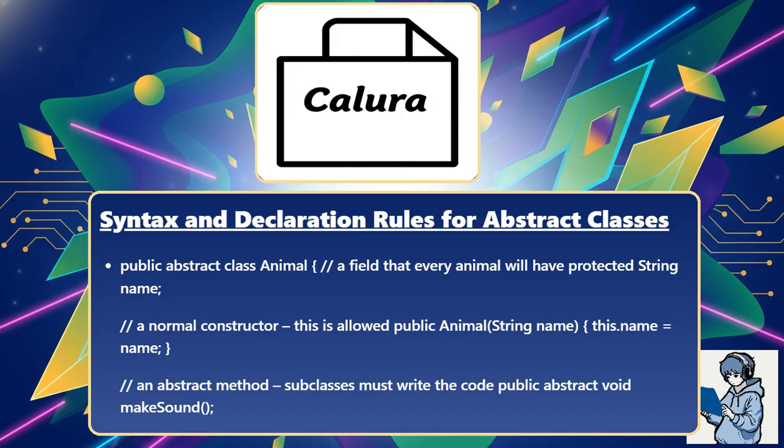This is allowed public Animal(String name) { this.name = name; } // an abstract method. Subclasses must write the code public abstract void makeSound(); // a concrete method. Subclasses inherit this code automatically public void eat() { System.out.println(name + " is eating."); } }